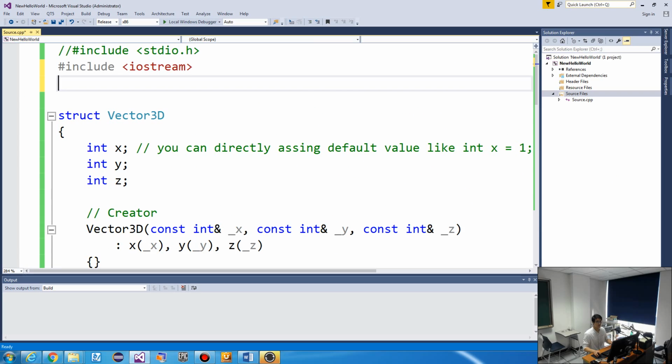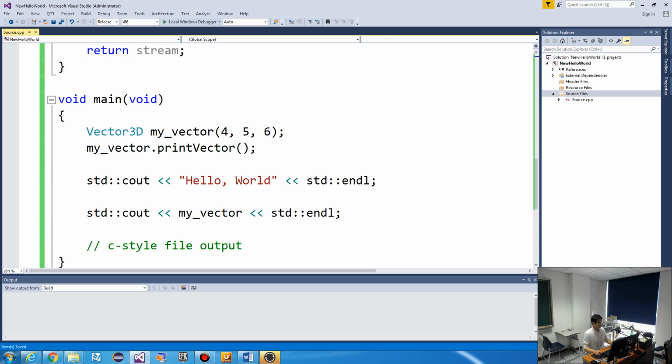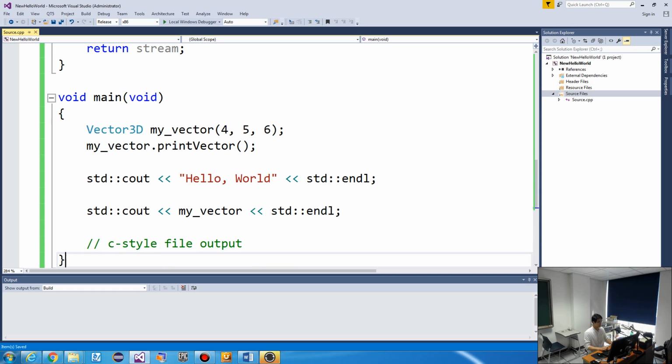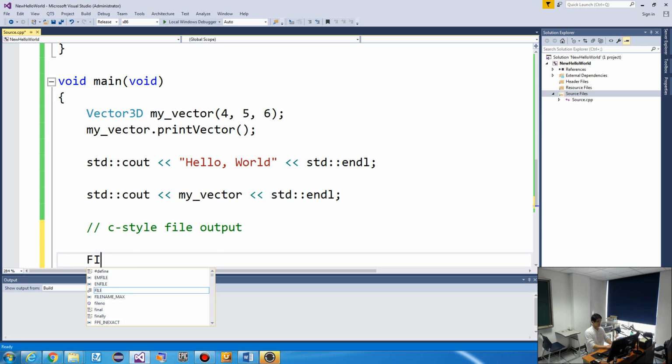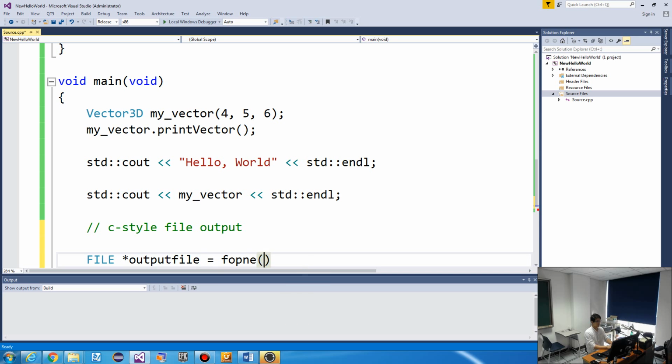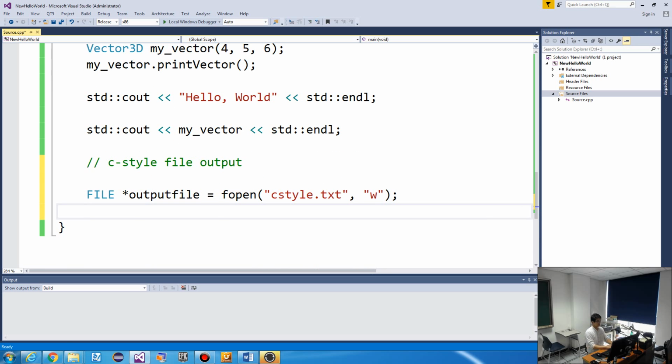Okay, maybe stdio has it already. Maybe this one has it. So let's define a file output file, right? It's fopen cstyle.txt and write only, and